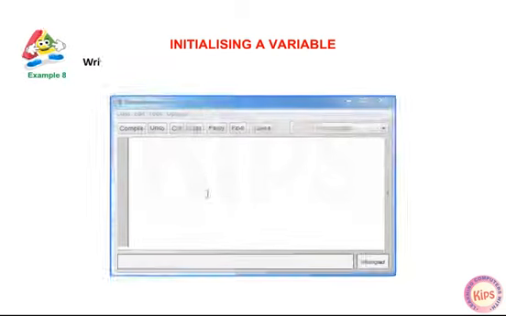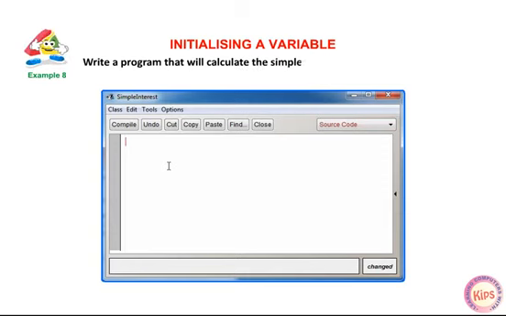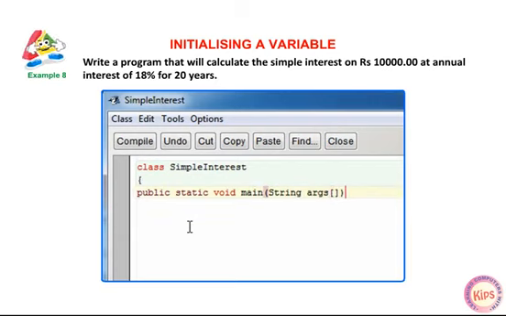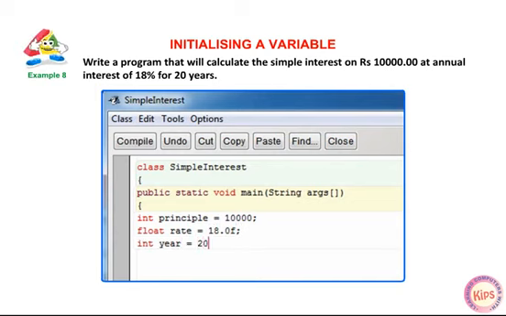Example 8. Write a program that will calculate the simple interest on rupees 10,000 at annual interest of 18% for 20 years. class SimpleInterest { public static void main(String[] args) { int principal = 10000; float rate = 18.0f; int years = 20;